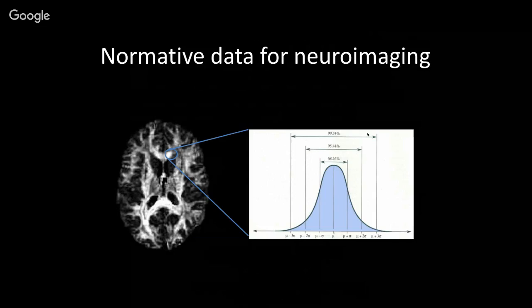Now, in order to provide a little bit of context for why normative data is important and how it's a critical piece of information that's necessary as the field continues to evolve, I'd like to take a few minutes and provide a little bit of a history of the field of neuroimaging and the evolution of the approaches that have basically gotten us to this point.